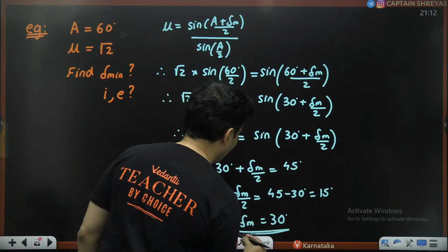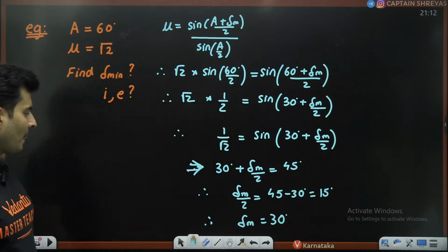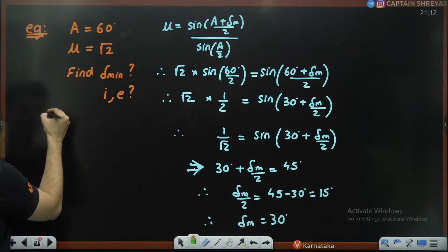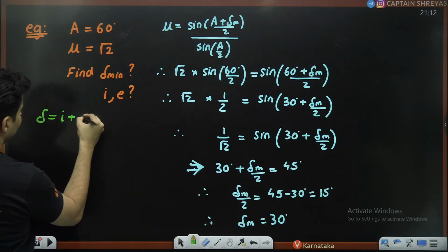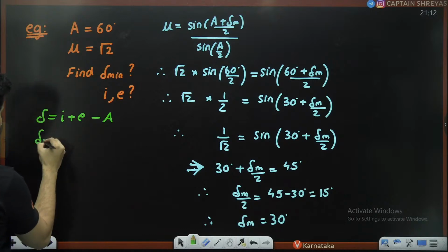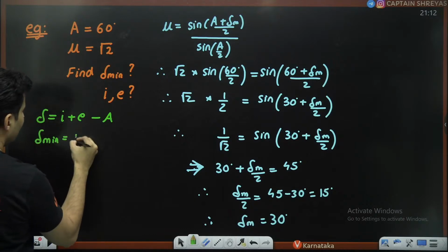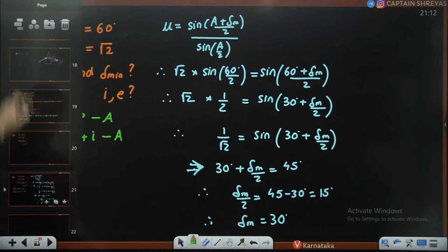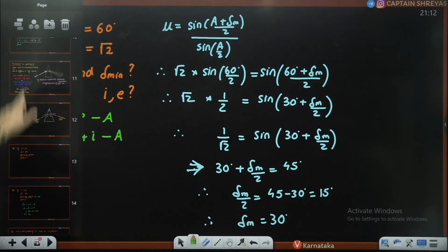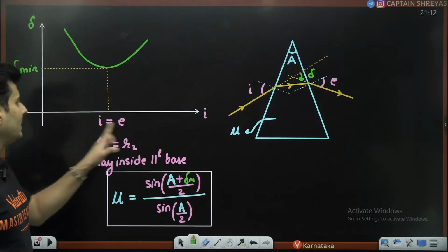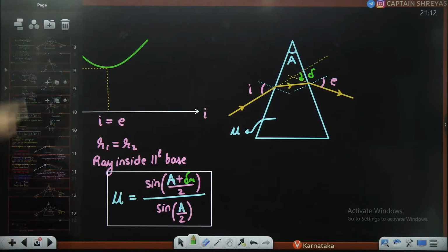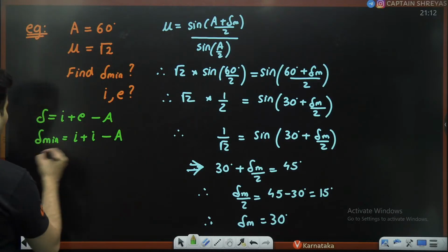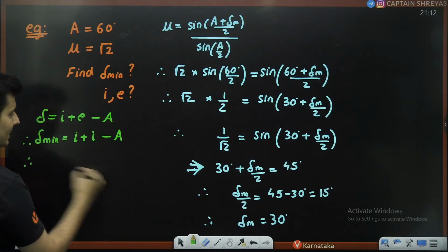So we have found delta minimum. Once we find delta minimum, the rest of the things are easy. Remember, delta was I plus E minus A, but for delta minimum it will be I plus I, as the emergent angle is also I, minus A. Remember, that is the theory which I gave you when I taught you this. Incident angle and emergent angle both are equal. That is only true for minimum deviation. So do I know the minimum deviation? Yes, it is 30